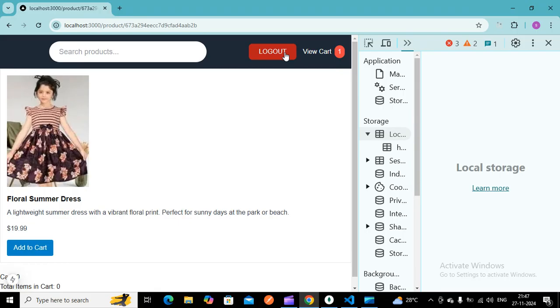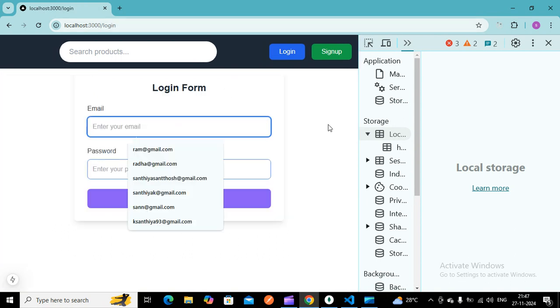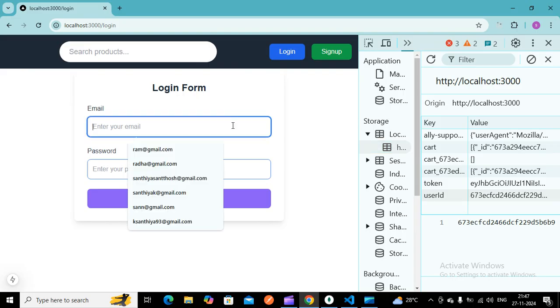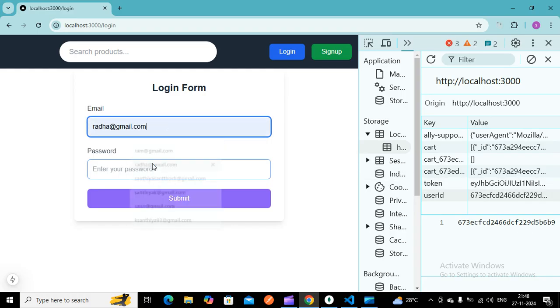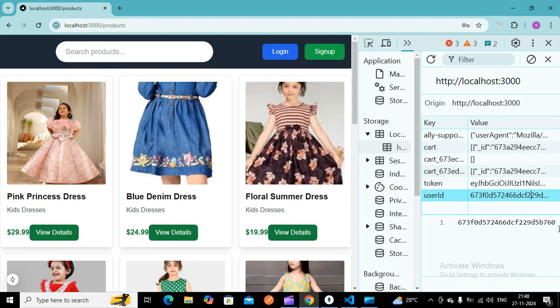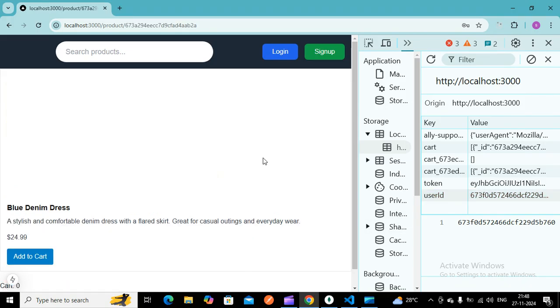If I log out of this particular account, you will be getting that particular login page. So here you can see I log out from this particular account and log into some other account. In that particular account I don't have any cart value. In the other account I'm just adding 456, this is my password. Once I log in, this is my user account, user 60. So I'm just adding the cart value here.